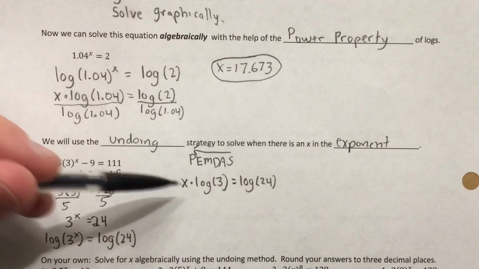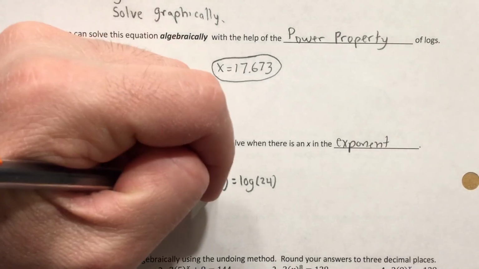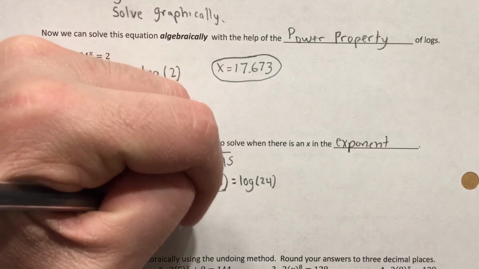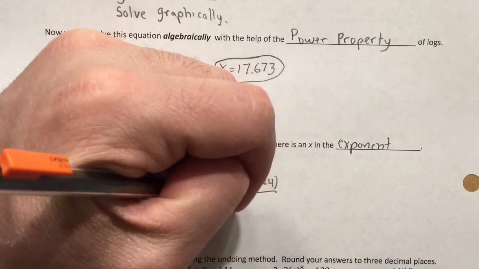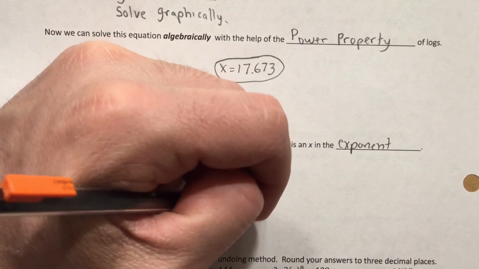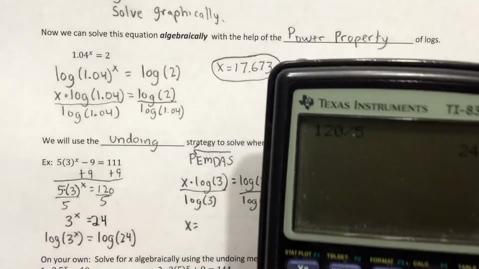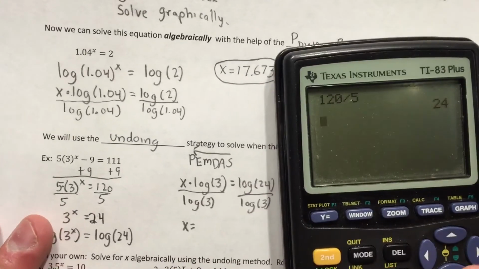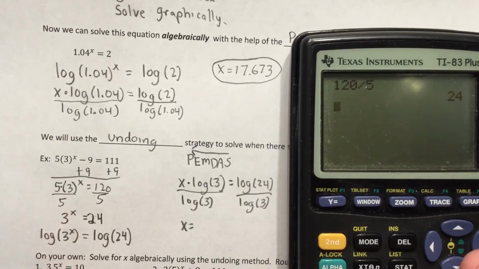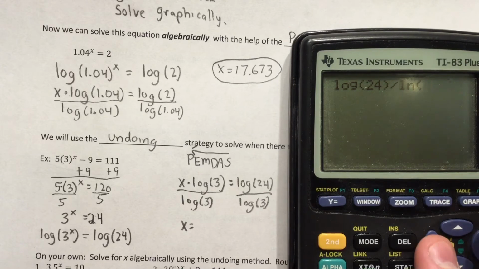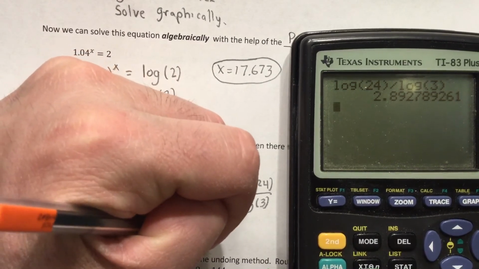And now this is a multiplication problem. So to undo multiplication, I'm going to divide, so divide by log of 3. And I am left with log of 24. So I'm going to type in my calculator log of 24 divided by log of 3. And I would get